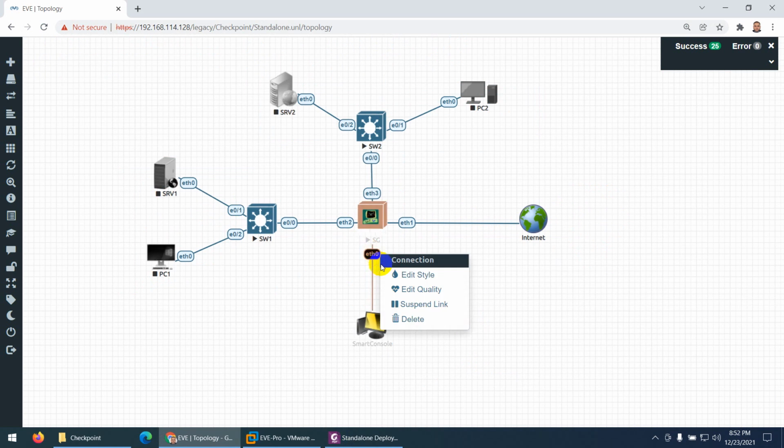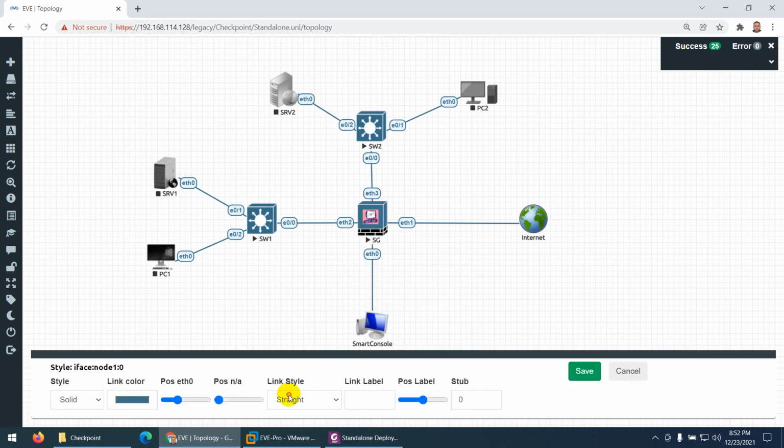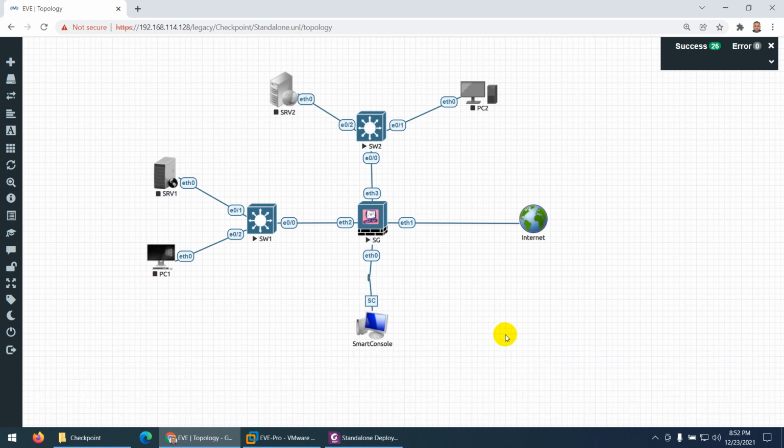So what I can do is right click here and edit style, and here you can select this one, and here you can type what we want. This is smart console, so SC1, type them, and let the port label, because the port is so close to them, this one has to go here. Now it's okay. So this is my smart console. Done. So this part is done.